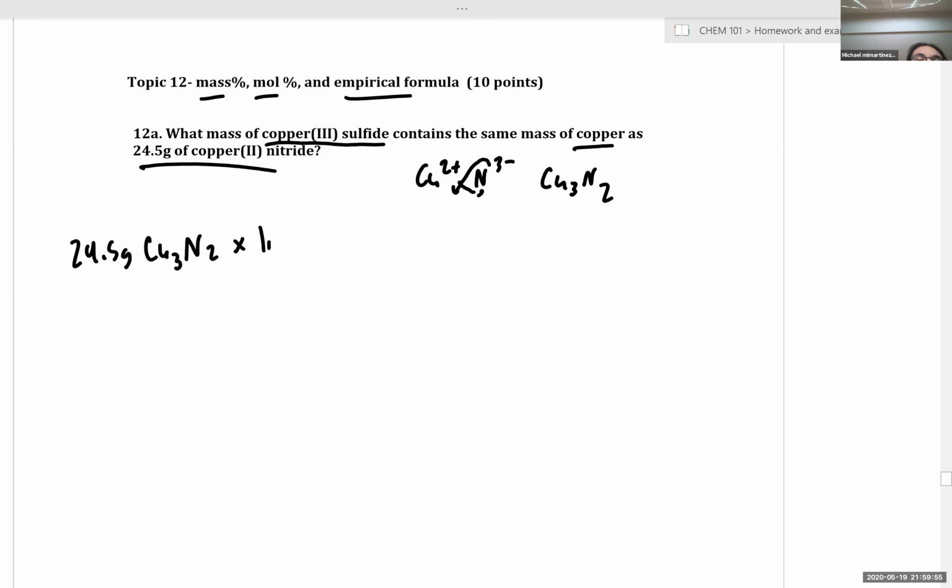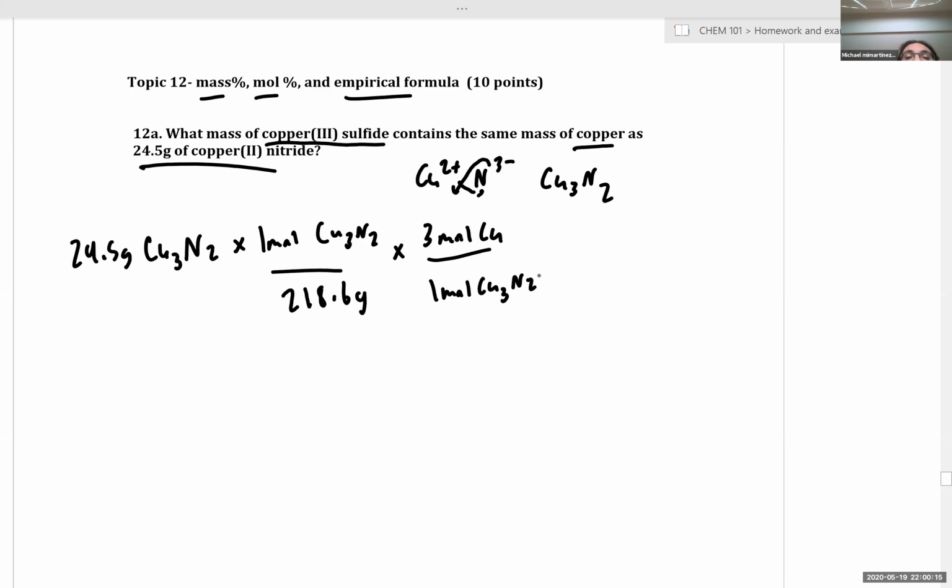Okay, so in 1 mole of copper nitride, we have 218.6 grams. We know that there are 3 moles of copper per 1 mole of copper nitride. In effect, we're going from the grams of copper nitride to the grams of copper 3 sulfide,